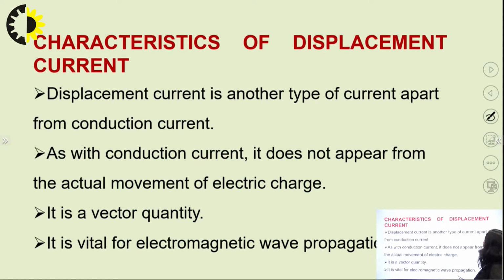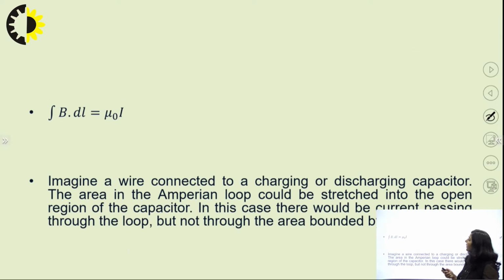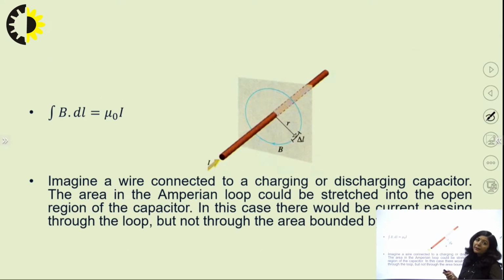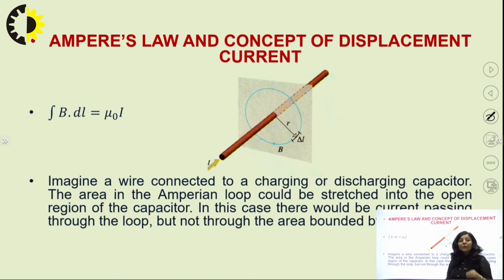Displacement current is another type of current apart from conduction current. So up to now, this particular point is clear. Conduction current is because of actual movement of electrons, whereas displacement current is due to a time varying electric field. It is a vector quantity, just like our conduction current. Now, on the basis of this concept of displacement current, we will try to understand why there is a need for modification in Ampere's law. From this slide and the subsequent slides, it will be clear how you are getting that displacement current. In order to understand this, what we have done is taken a parallel plate capacitor,